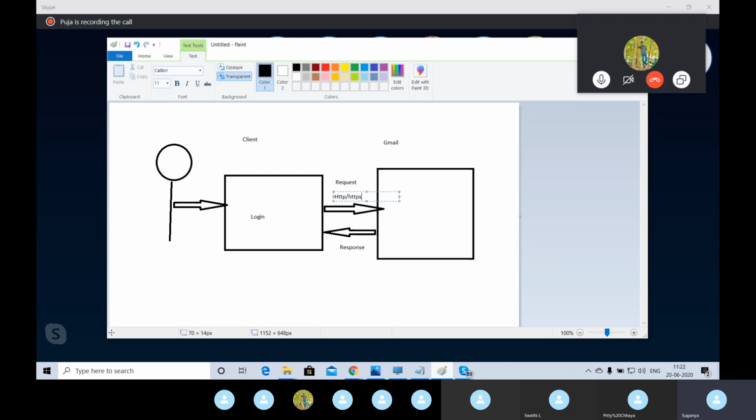When it has the proper input parameters, then only it will trigger the request. If the input parameters are empty, it will not generate the request. Instead, it will ask the user to enter the username or password first. This kind of validation can be performed with JavaScript.